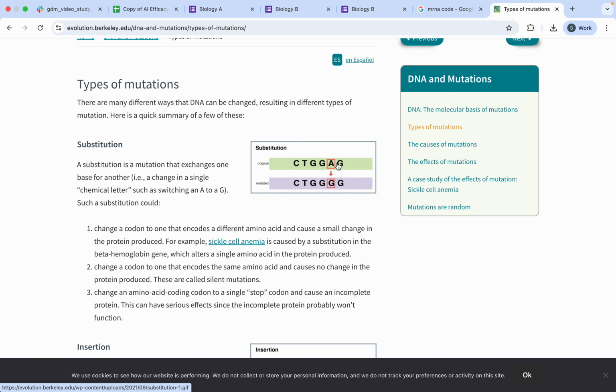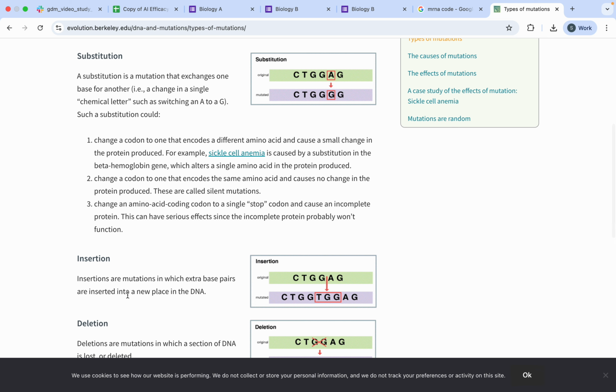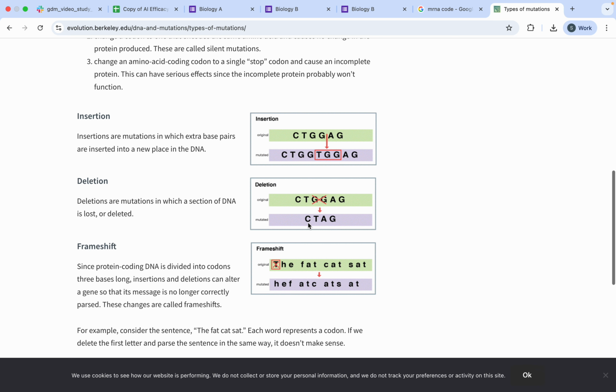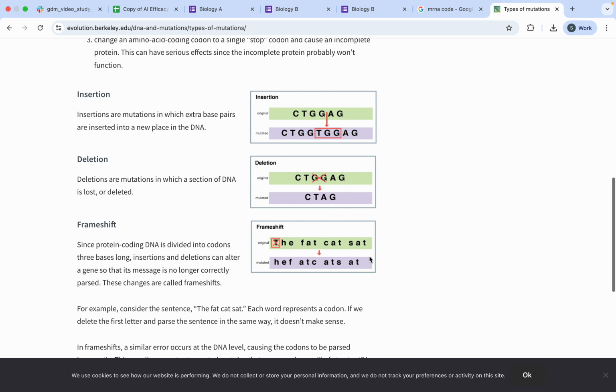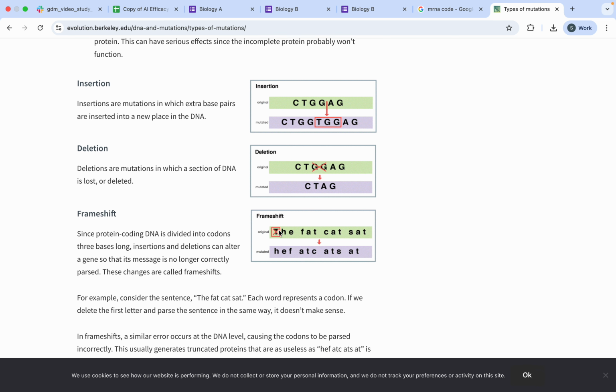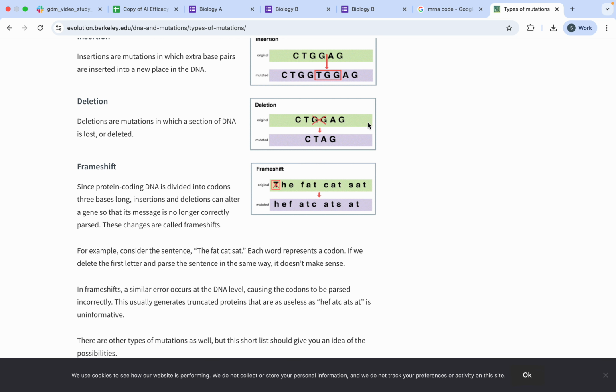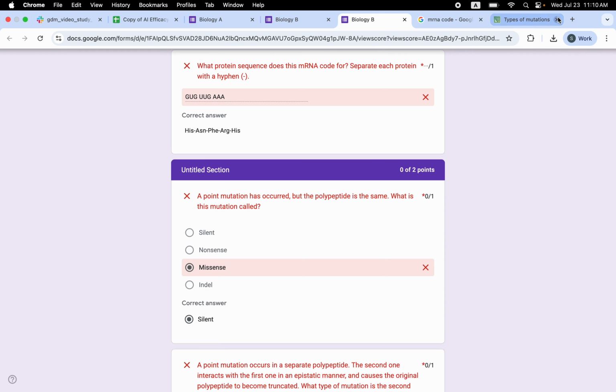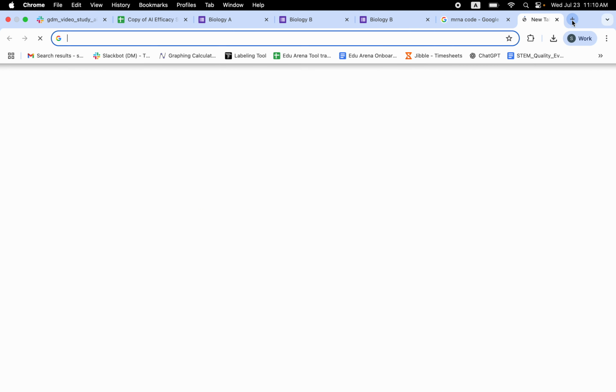Here we can see A is replaced with G, so it is substitution. Insertion is additional: some base pairs have been added. Deletion means some of the base pairs have been deleted. Frame shift is when the first base pair shifts and everything else is shifted, so that is a frame shift. But we can check for terms such as silent mutation, nonsense mutation, okay,